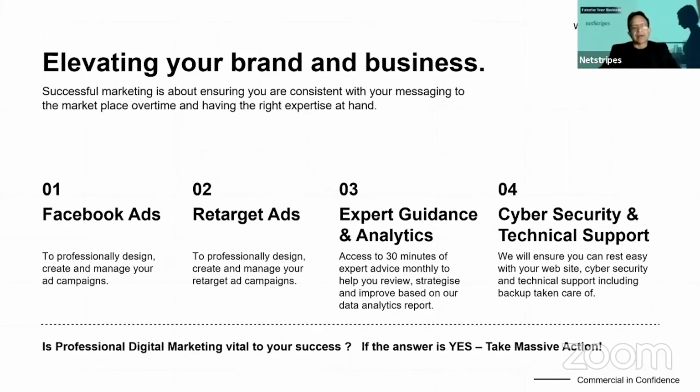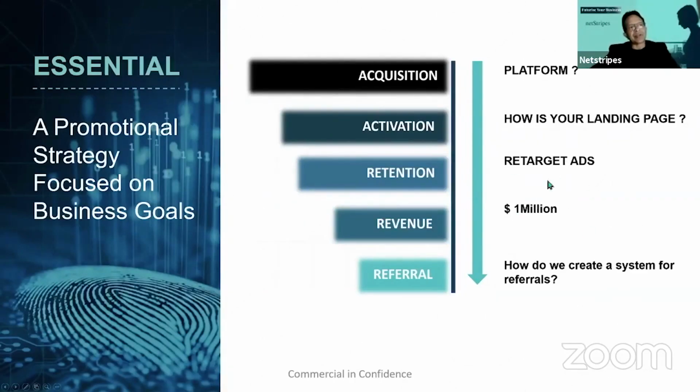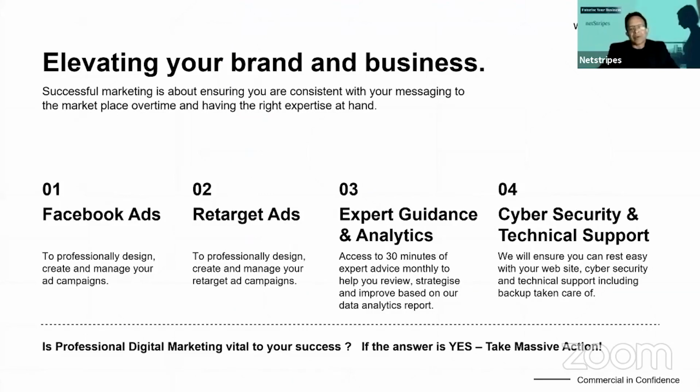So I've done a system here that delivers the result of $1 million. We want to achieve that $1 million revenue. Now, how do we do this? We drive the traffic, we make sure they come to the right landing page, we have retarget ads, then we look at the data and we review and improve until we achieve our financial goal of $1 million. Then we rejoice. Okay? All right. So this is how we do it.